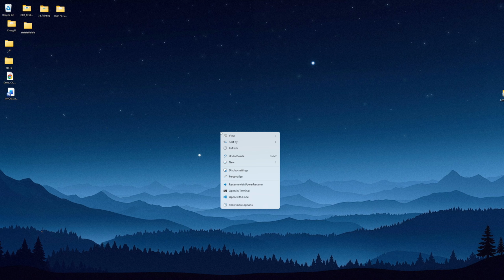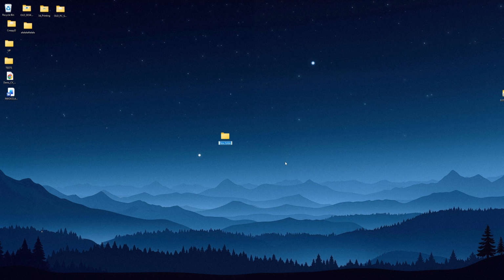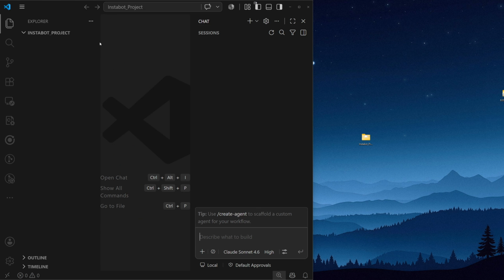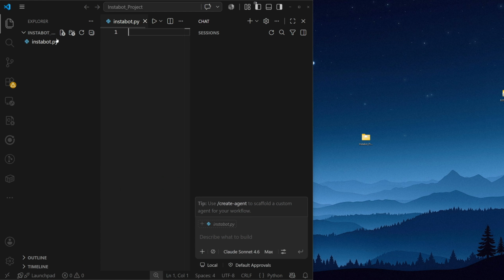After you've created a new account, you can go ahead and create a folder anywhere on your computer. I'll create mine on my desktop here. I'll call it Instabot Project. Once you've done that, I want you to open Visual Studio Code and then drag the folder onto the program window. In here, I'll create a file called instabot.py, which will be the Python file and actual code of the